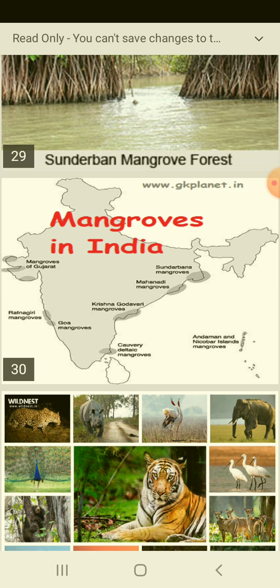Starting from the eastern part: Sundarban mangroves, Mahanadi mangroves, Krishna Godavari mangroves, Kaveri mangroves. On the extreme right side, Andaman Nicobar Island mangroves, Goa mangroves, Ratnagiri. So children, wherever we find a coastal area, we can see mangrove forest. So it is very important to save mangrove forests, to prevent soil erosion. Understood?